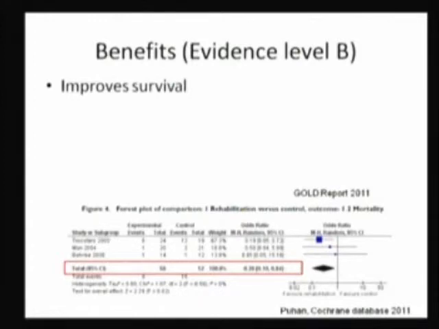oxygen replacement. So this is a meta-analysis, also from a Cochrane review, that shows a sizable decrease in mortality in patients with COPD who undergo pulmonary rehabilitation after exacerbation. Now, despite the sizable effect, why is it not level A? The issue is small sample size, so there may be a risk of bias. So that's why it's suggestive, not conclusive evidence.